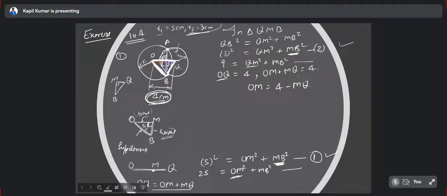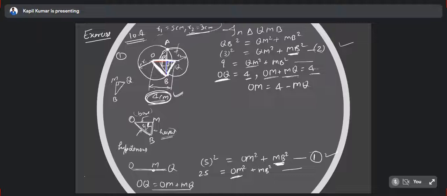Sir, OQ is equal to 4 centimeter, right? Sir, where does this 4 come from? It is given. It's given, the distance between the centers. So OQ is equal to 4 centimeter, and then OM plus MQ is equal to 4,